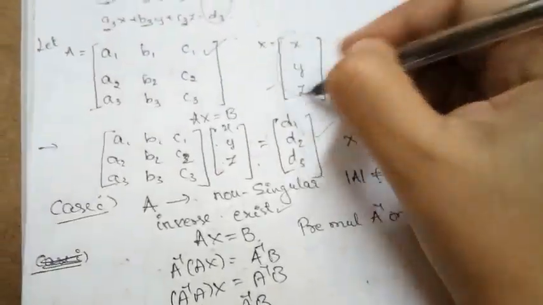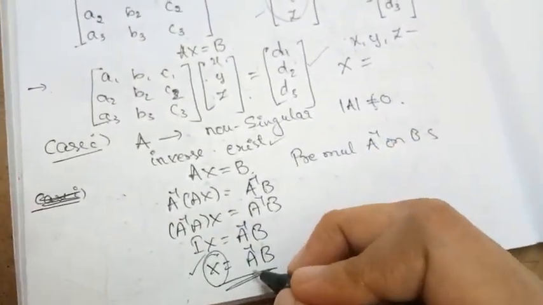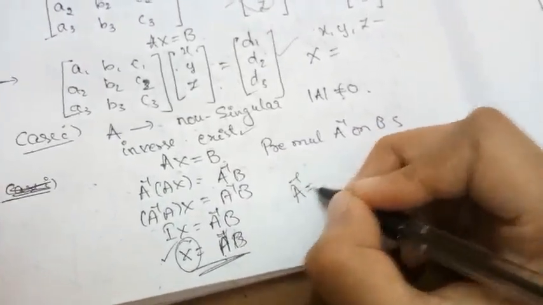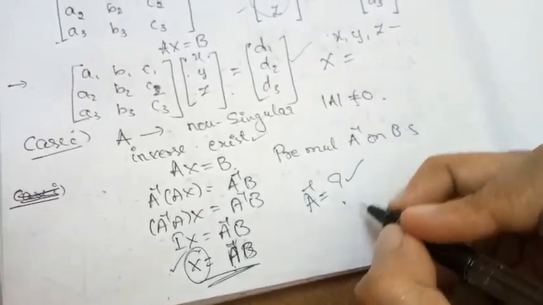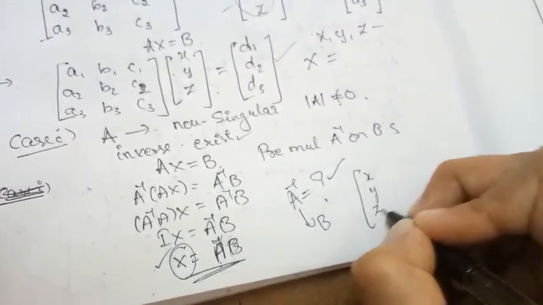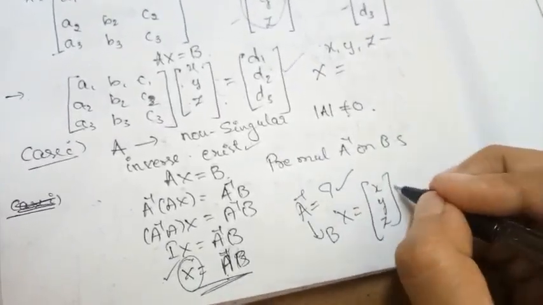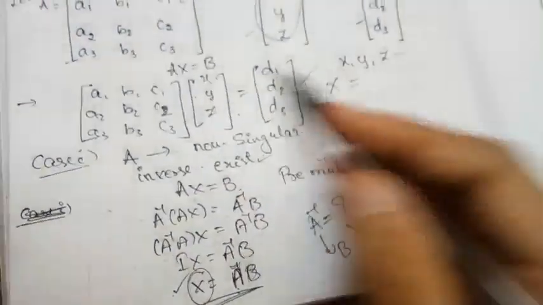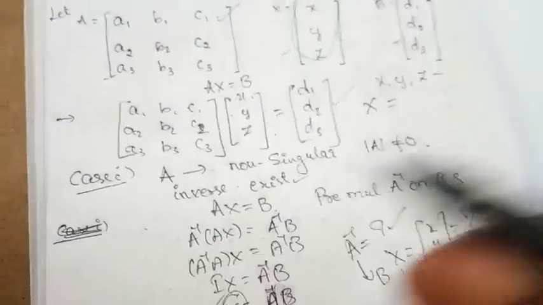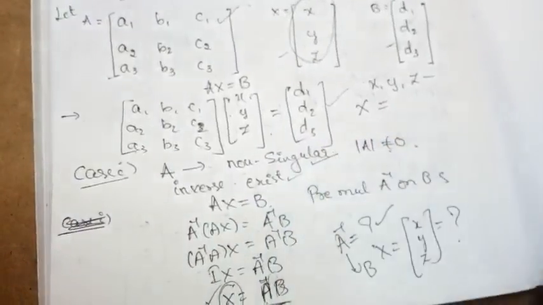So to get the values of x, y, z, that is, to get the matrix X, we need to solve A inverse B. So we need to find the A inverse. After getting A inverse, you multiply it with the matrix B. At that time you are going to get the values of x, y, z, or x, y, or whatever variables they have given. You will understand this with examples. As soon as I finish, I will show you how to solve this with the help of an example. So this is case 1, when A is non-singular.